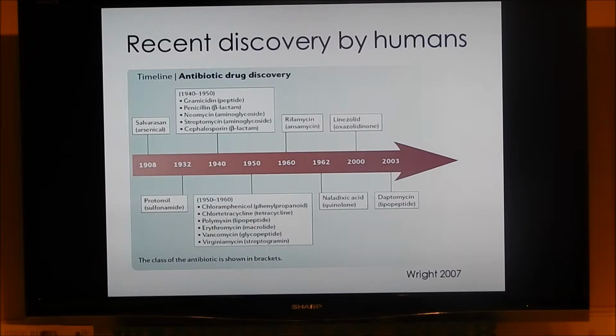But the important thing that is true is you can see at the beginning, we were getting a lot of antibiotics. And as we're moving into more common times, we're not getting quite as many. And that's part of the problem that they're encountering. It's hard to come up with new targets for antibiotics. And so that's a problem that we've been running into. Though, excitingly enough, they were able to find a new antibiotic in January that was published, and a lot of work was being done on that one.